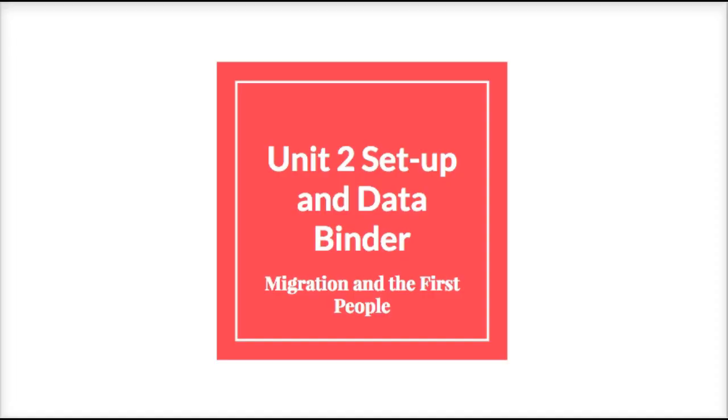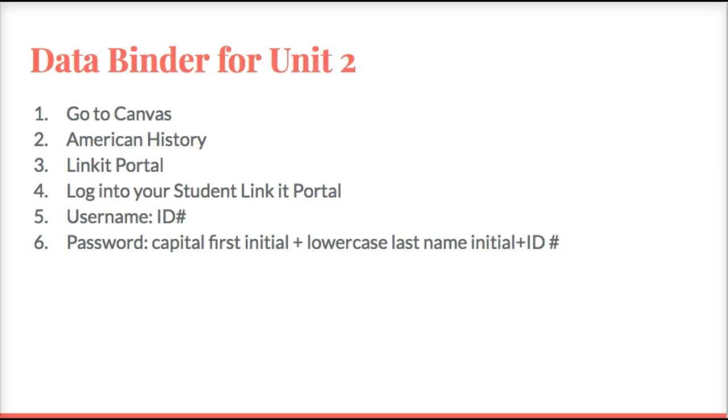All right, hello 7th graders. We're going to do Unit 2. We are finally out of that geography unit, and we're going to use those skills as we go through our history units. So you're going to need to set up your ISN and your data binder. This unit is called Migration and the First People. We're going to look at Native Americans, the Aztecs and the Mayans, and of course the land bridge and coastal route theory, which you took your pretest on. First we're going to start off looking at your pretest results and your post-test results for the HEI test